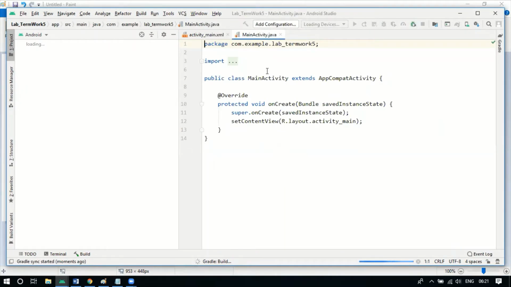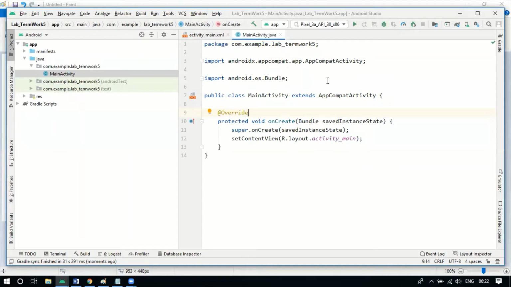The files are getting loaded. By default, we always get to the MainActivity.java, and we have this predefined method, onCreate.